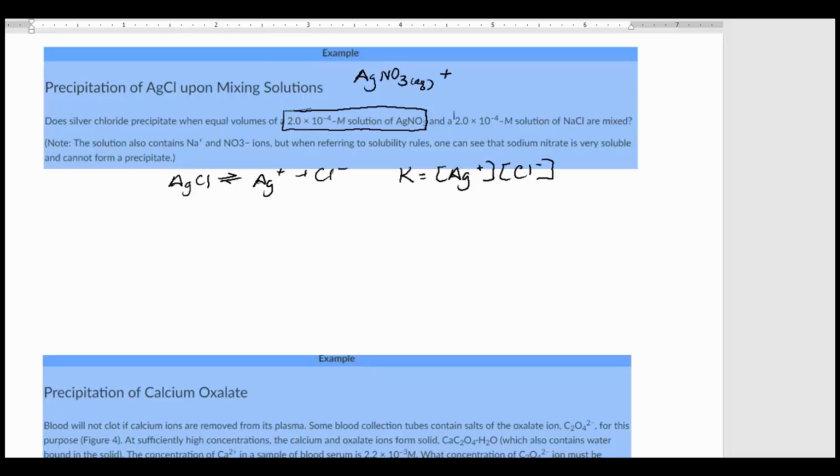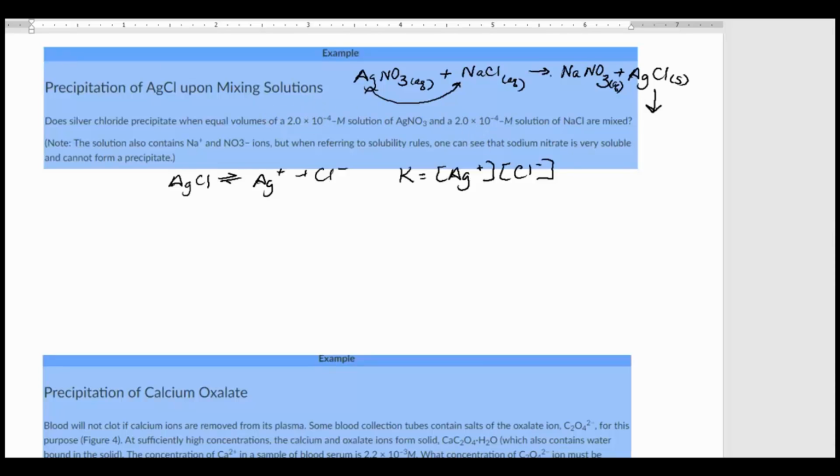And we're going to mix it with a 2.0 times 10 to the negative 4 solution of sodium chloride. Now remember, from Chem 1, this is going to be a double displacement reaction. We're going to transpose these cations. So I'm going to make sodium nitrate and silver chloride. Remember, we would identify silver chloride as a precipitate that would come out. So the question is, will it precipitate